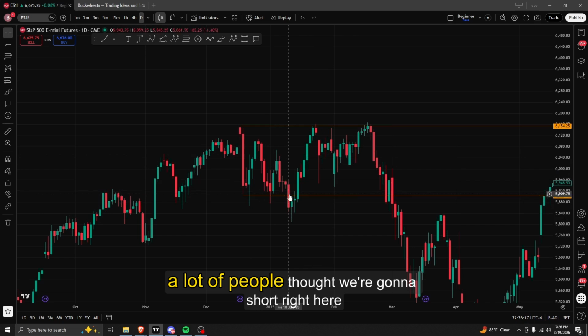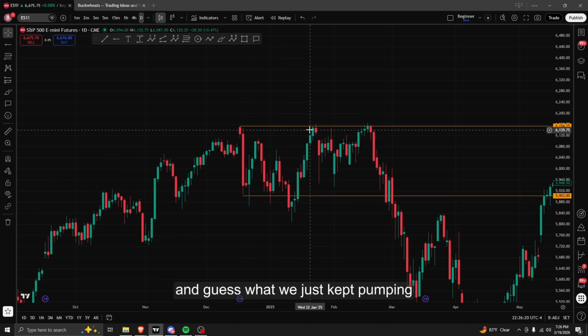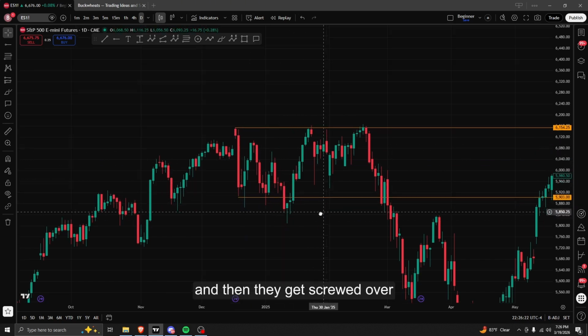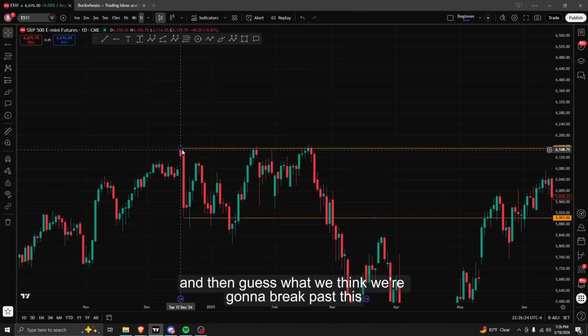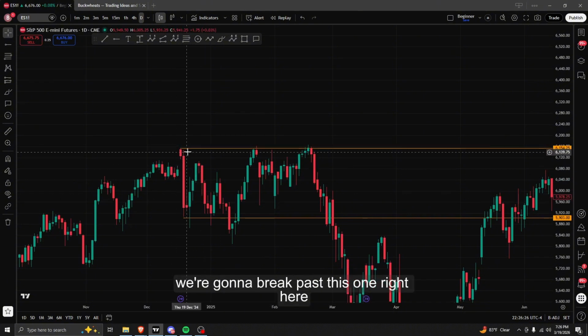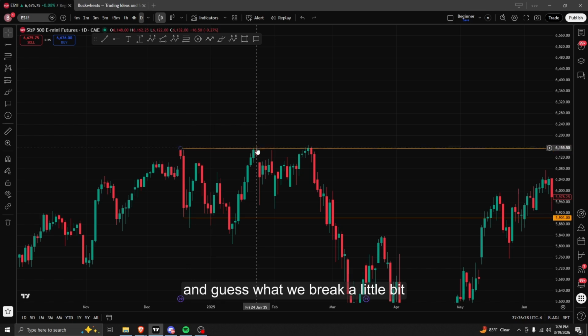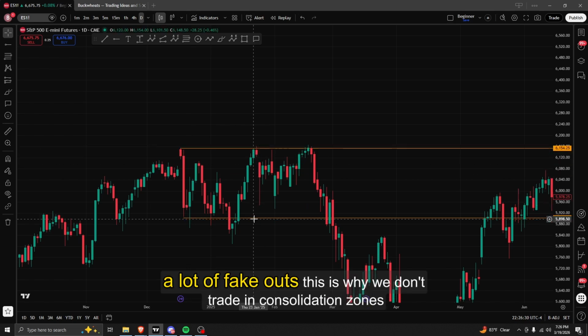A lot of people thought we're going to short right here, and guess what? We just kept pumping, and then they get screwed over. And then we think we're going to break past this one right here, and guess what? We break it a little bit, and then we come straight down. A lot of fake outs. This is why we don't trade in